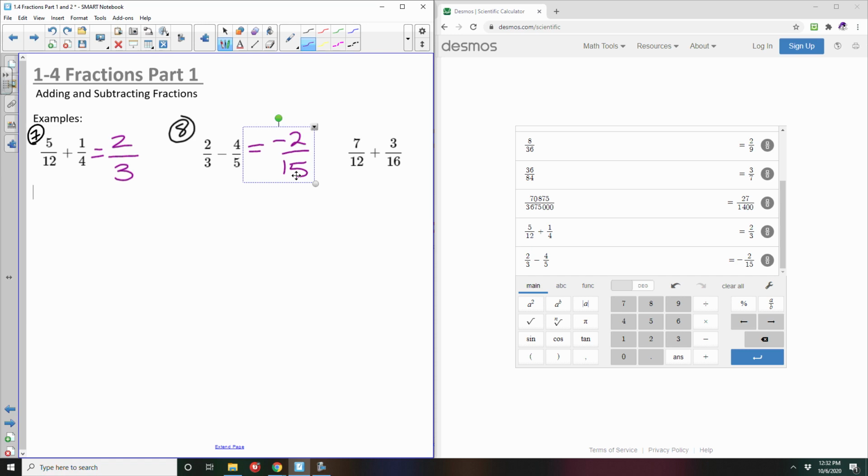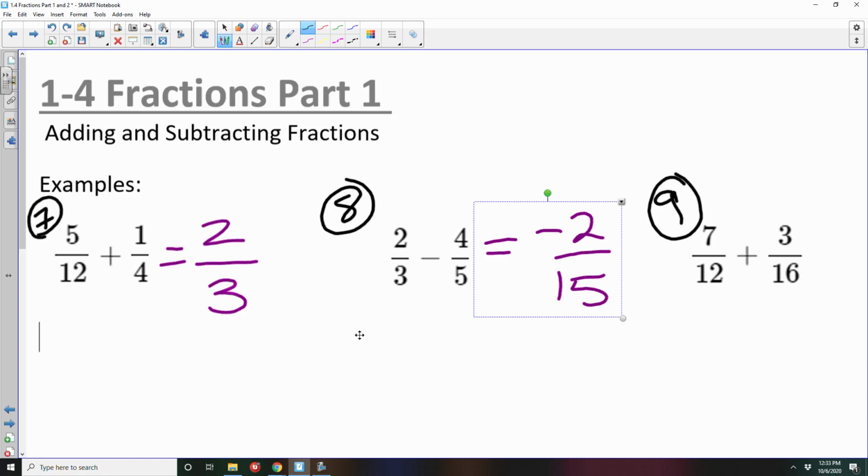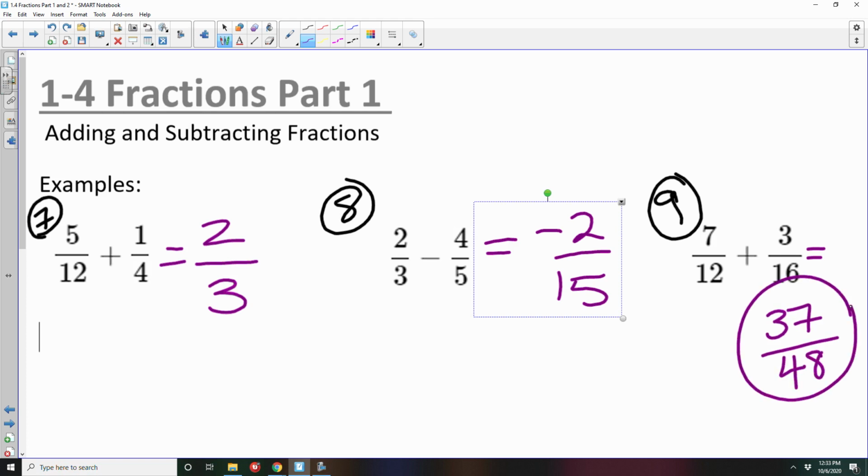Alright, now our last example, 9. You do that one all on your own. I'll come around and double check it. 7/12 plus 3/16. So 7/12 plus 3/16 in Desmos gives us 37/48. And we're all set. So now,